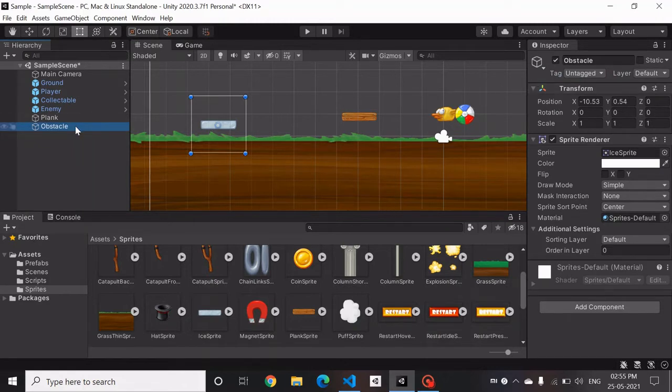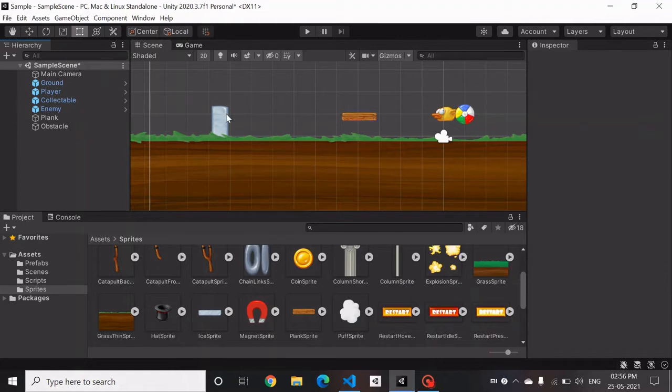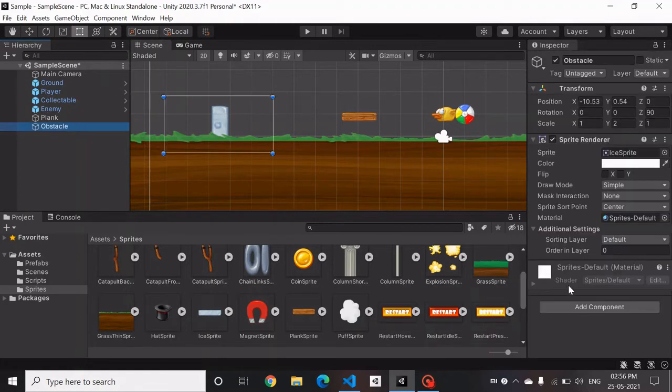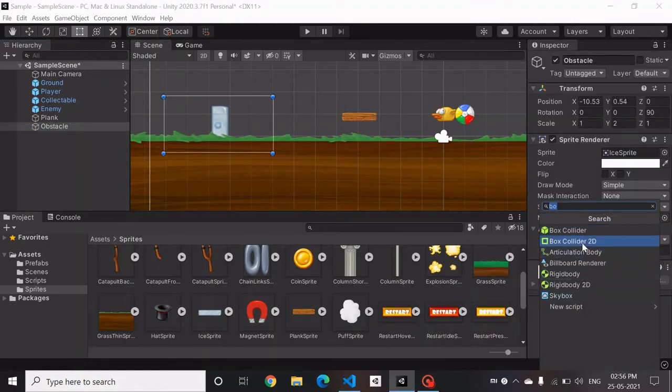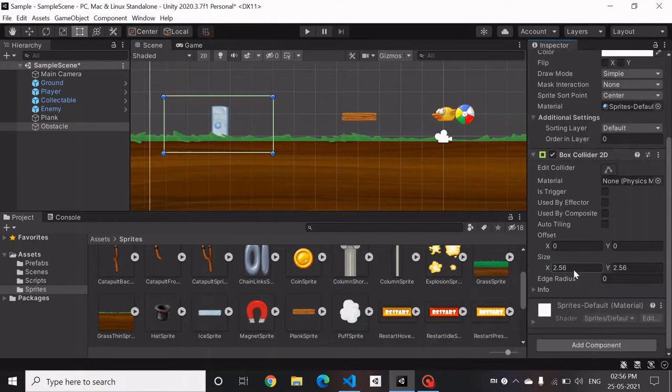So here, for this obstacle, we first want to keep it in an upright position. We change its orientation, and we can probably also change its thickness. So this is my obstacle. Now in order to collide with any object, we know that we need a box collider.